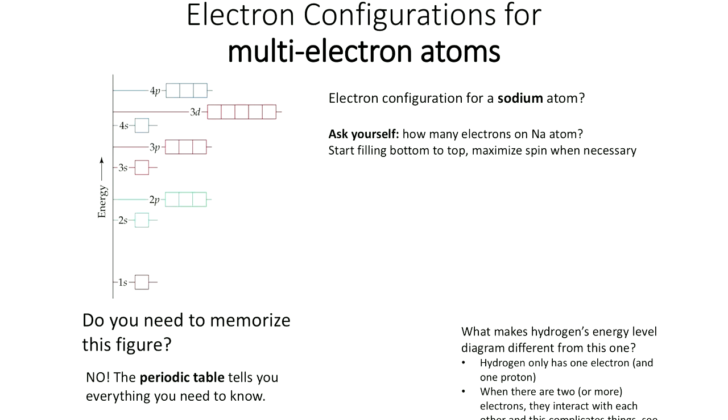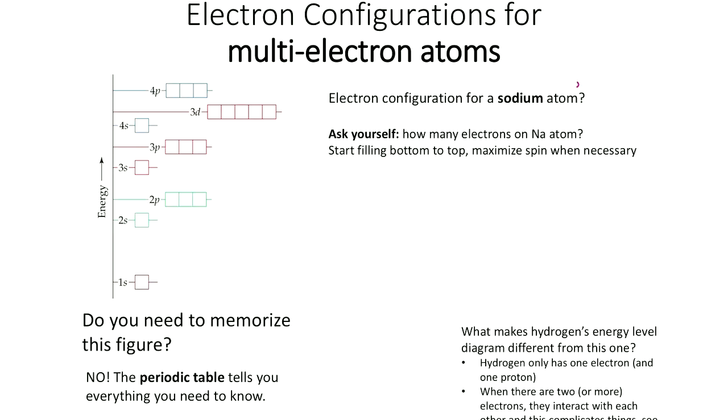So if you solve the Schrodinger equation for any other element other than hydrogen, we see the energy start to split. But we still follow the same rules, just using this diagram instead. So let's write the electron configuration for sodium. We're going to do the same thing, place electrons, but we're just going to use this diagram instead. The reason the diagram's different is because hydrogen only has 1 electron and 1 proton. Things get complicated when you add more electrons.